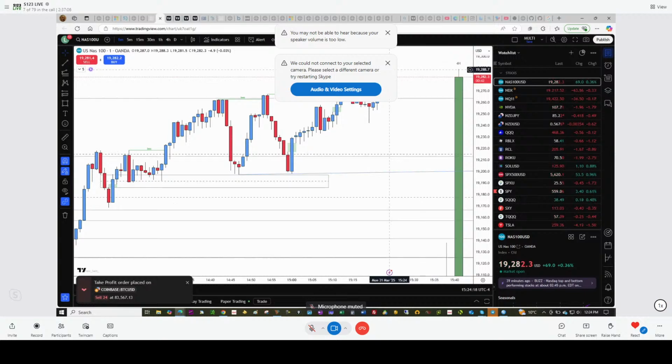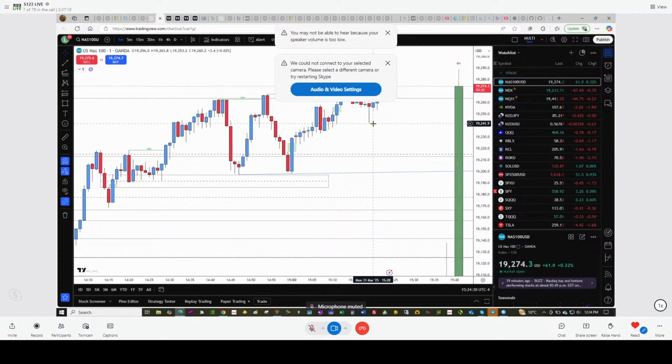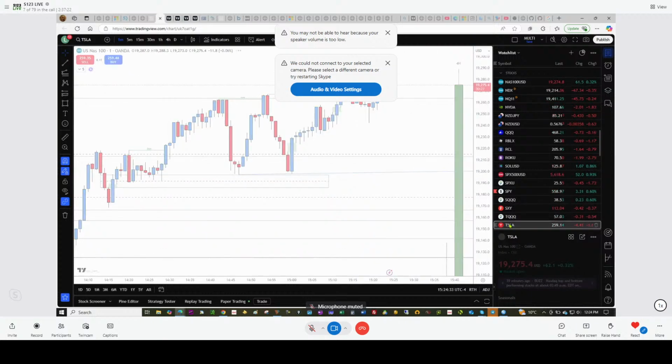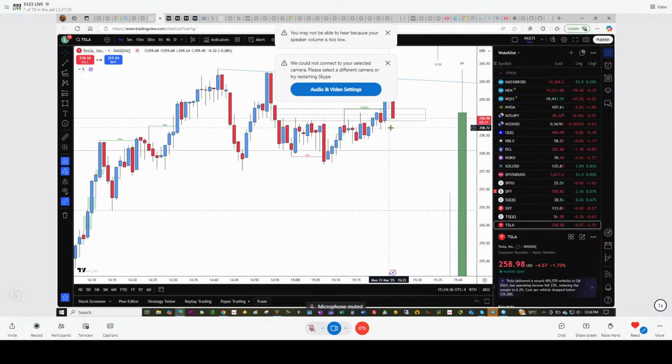Yeah, we're getting a nice push there. Tesla is having a little bit of a struggle getting out of that funky area. Yeah, I agree. And yeah, they're having a little bit of a struggle. Bitcoin also is having a little bit of a struggle getting out. A little surprising. I thought we would get a nice push straight up, but they are